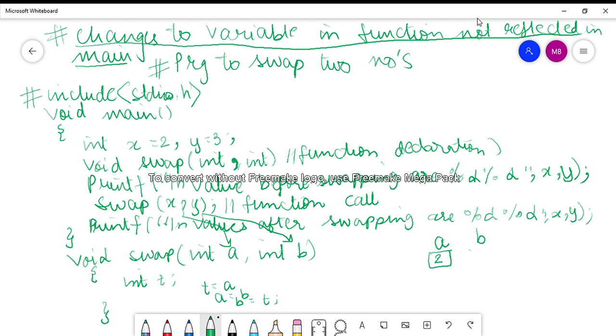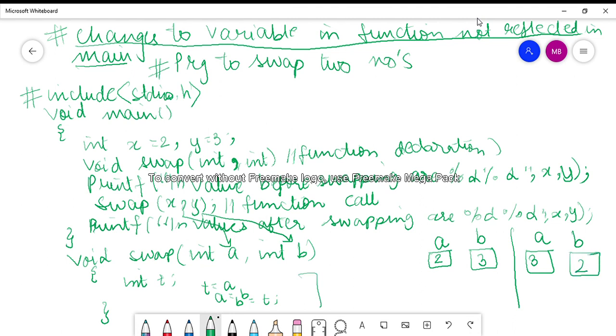Right? Now after swapping, I want that a should have value 3 and b should have value 2. This is what I want after swapping. So this is what I am doing over here.